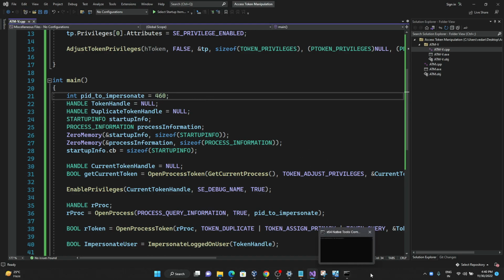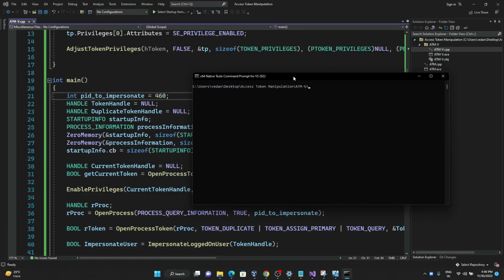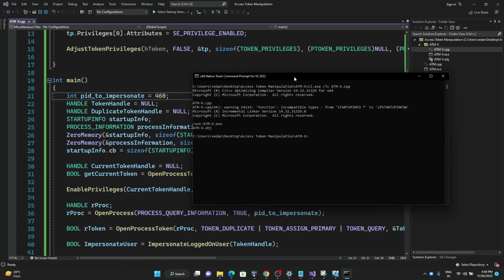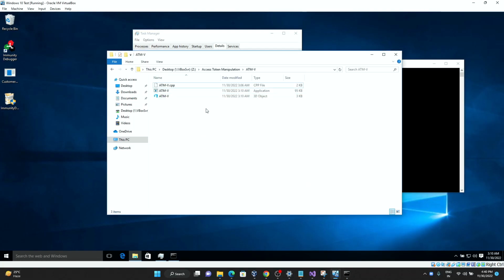So for proof, let me actually compile it in front of you guys. So I'll just say cl.exe /Tc, and there we go. As you can see, we have the output over here, which is atmv.exe. If I go back to my Windows virtual machine and refresh this up, I'll move this binary to my desktop,